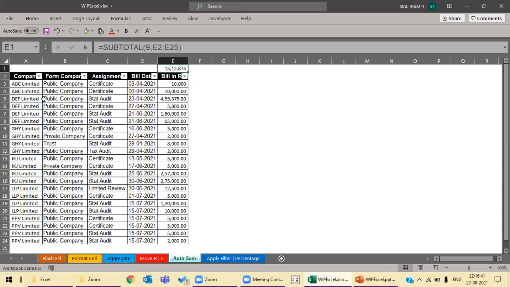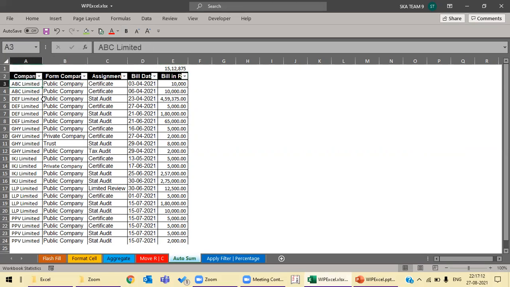Now let's come to another very common function of Excel, that is the auto sum function. When we try to add certain cells, we simply type sum and select the cells. Another way of doing it is you just type Alt equal to, select those cells which you want to consider, and hit the enter button. When you hit it, you will get the total of all the cells selected.